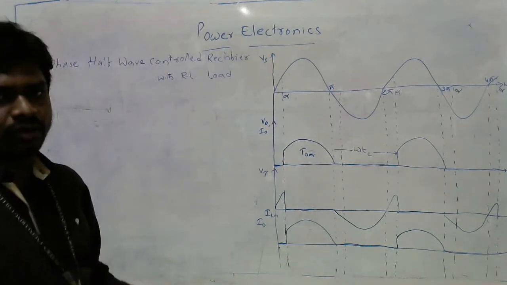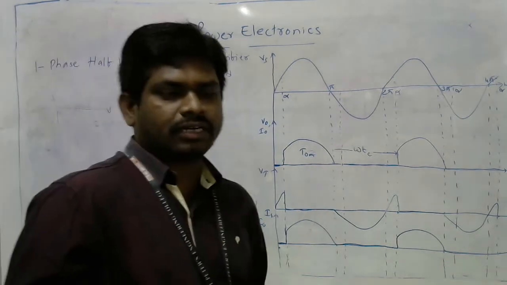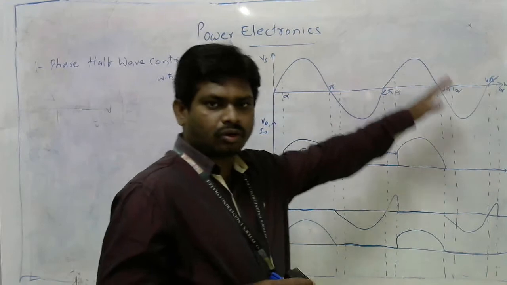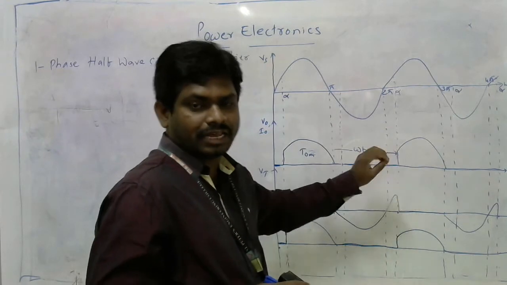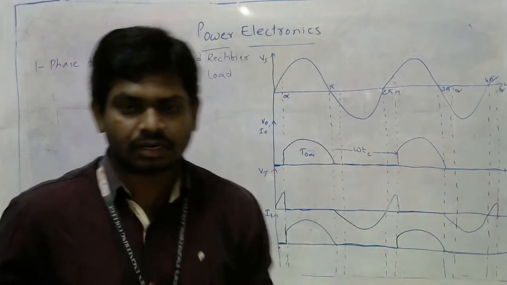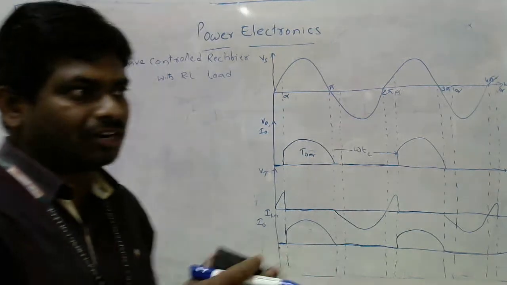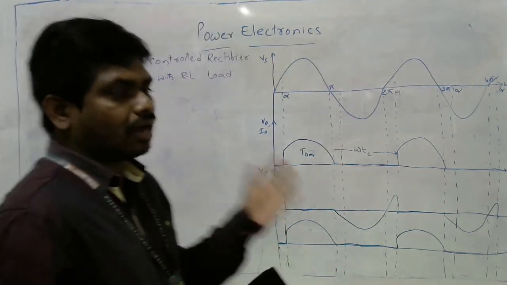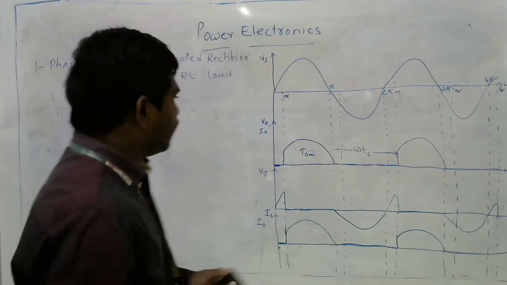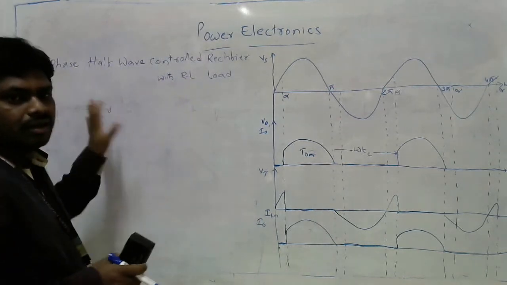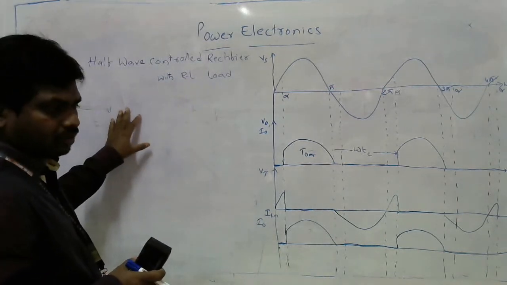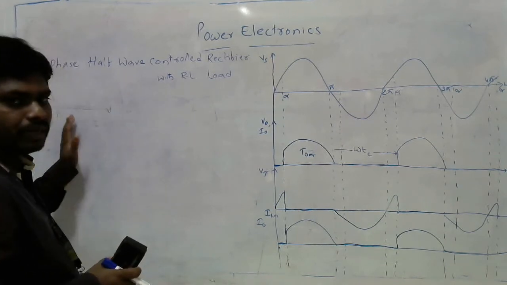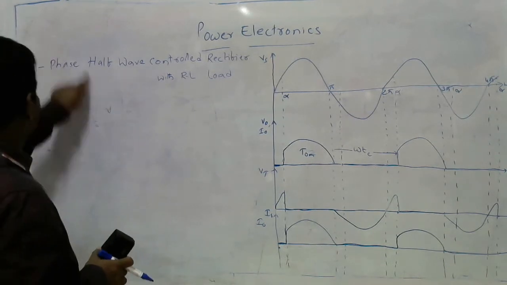In the last video, we have seen half-wave control rectifier with R load, and these are the waveforms that we drew for R load. The same waveform I am modifying for RL load. We'll see how the modification takes place when we change the load from R load to RL load, and we are going to take one RL load circuit along with the power processing unit, RL load, and input supply. That is, input supply is nothing but single phase supply.